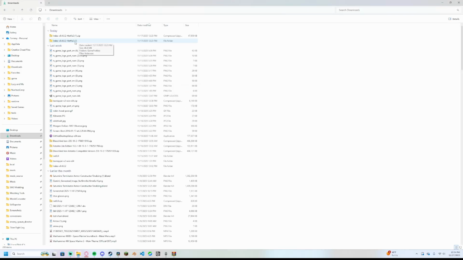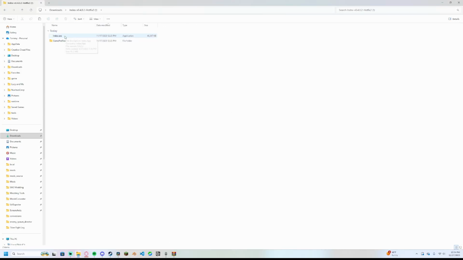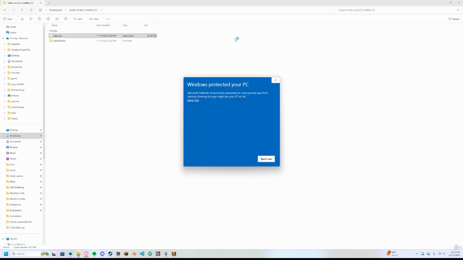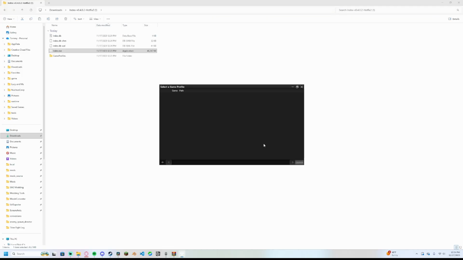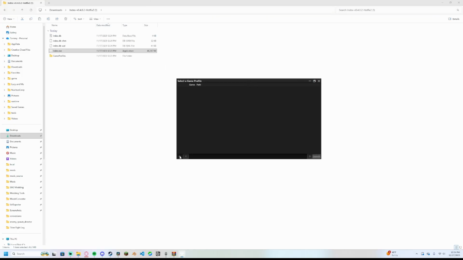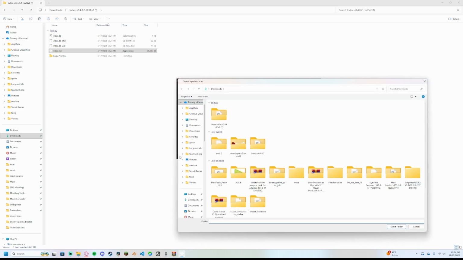And now that it is extracted, we're going to open it and we're going to click on the exe to run it. It's going to have this pop up, click more info, and run anyway. This little hammer should pop up and you should see this. It's pretty empty right now, but we're going to click on the plus symbol and we're going to find our